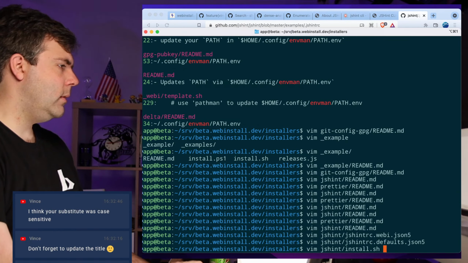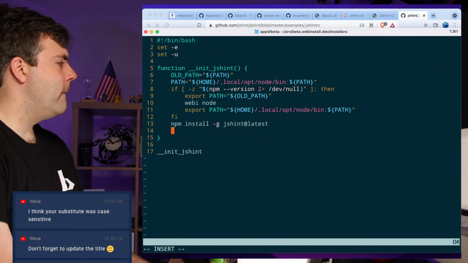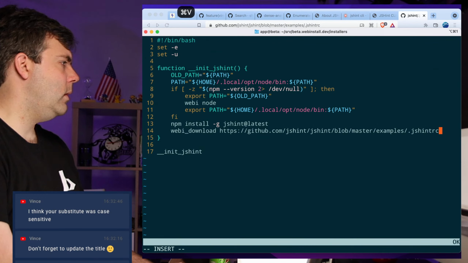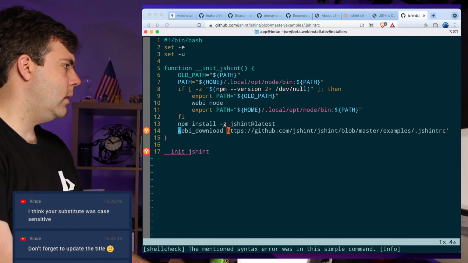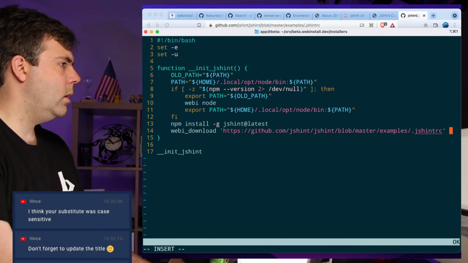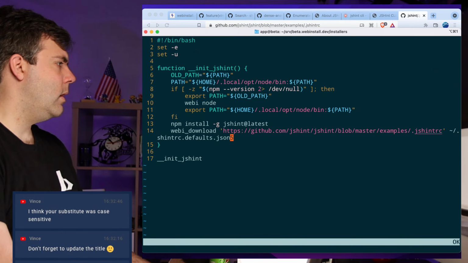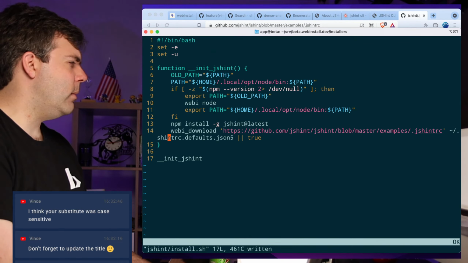So jshint install.sh, we're going to have Webi download, and we're going to give it this, and we're going to download that to .jshint.rc.defaults.json5. And I'm going to say or true to that, because there might be cases where the home directory actually isn't writable. That would be really weird, but